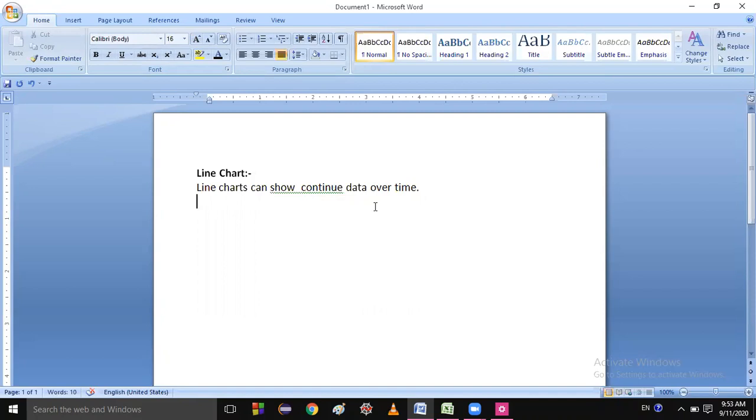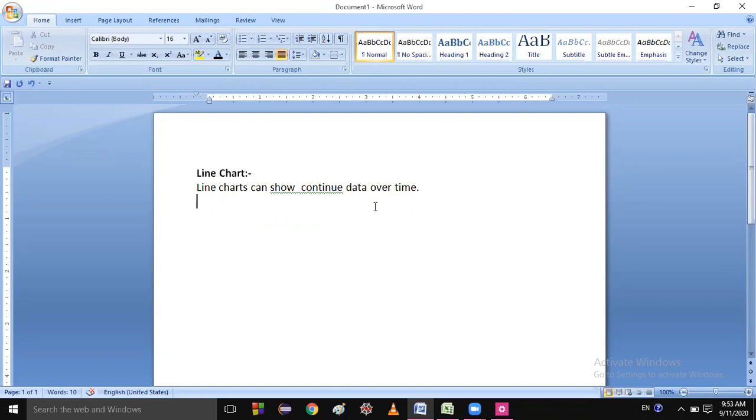So those lines will show you that in these overs these runs are made. It can be represented for the whole team, or for a particular player. So the line chart, as I have written, can show continuous data over time.